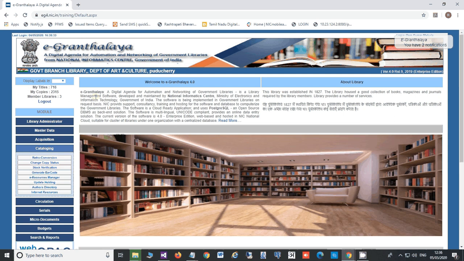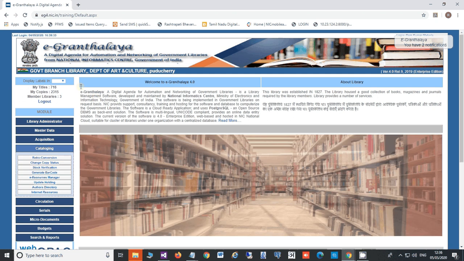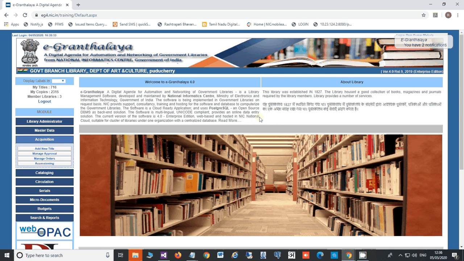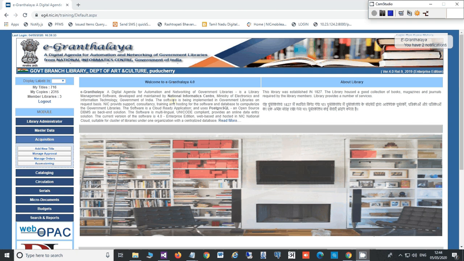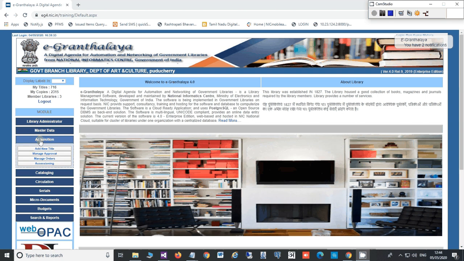Although we officially recommend that for data entry of new books, eGranthalaya users must use the acquisition module of the software. So it is advised to all our users, in case they are going to enter new books in eGranthalaya, they should use the acquisition module, where they need to do data entry in a workflow manner.